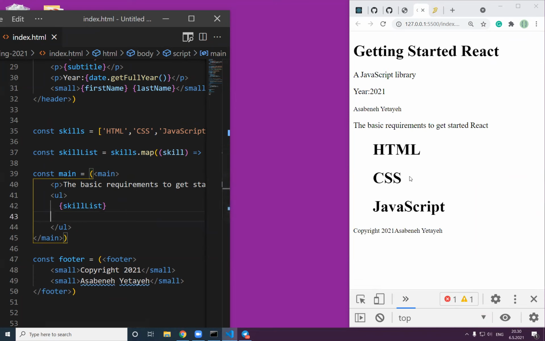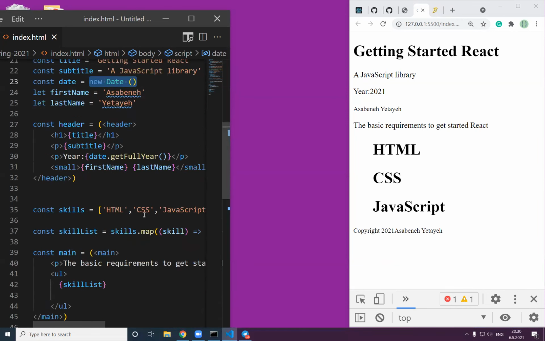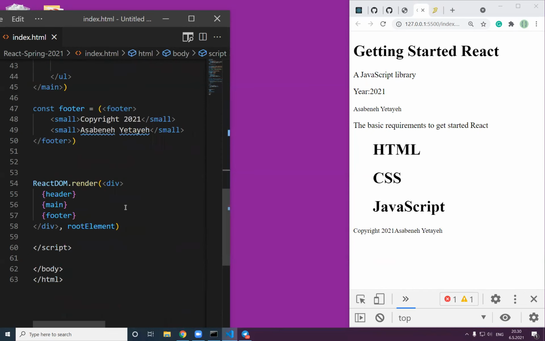Okay, great. So we can use just a string. We inject this string, we inject this date, and we inject also arrays. But when you inject arrays, the format is not good, so you have to map it. Can we actually inject